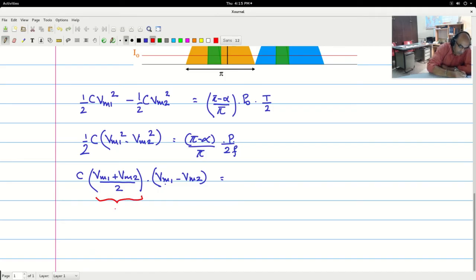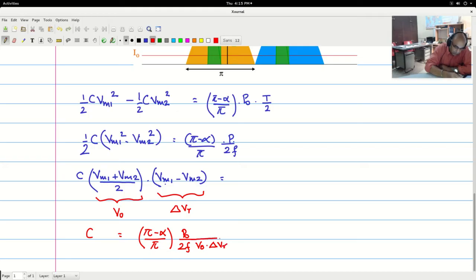This is nothing but V naught, the average value. This is nothing but delta VR. So therefore we have C equals (pi minus alpha) by pi, P naught by 2f, with V naught times delta VR coming in the denominator. But P naught itself is V naught into I naught, so V naught and V naught will cancel, and therefore